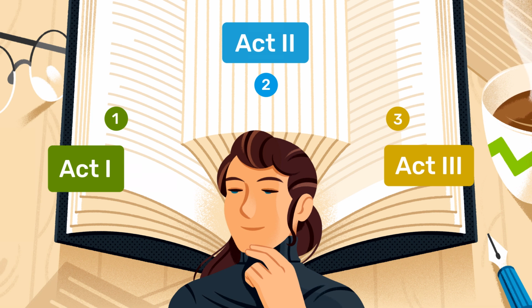So in this series, we're going to be doing a deep dive into the 3-act structure, looking at each act in depth. And of course, we're going to be starting with Act 1, which is the beginning. So let's start by talking about what the first act of a book should accomplish. The first act is the setup act, and it's going to be approximately the first 25% of your story.